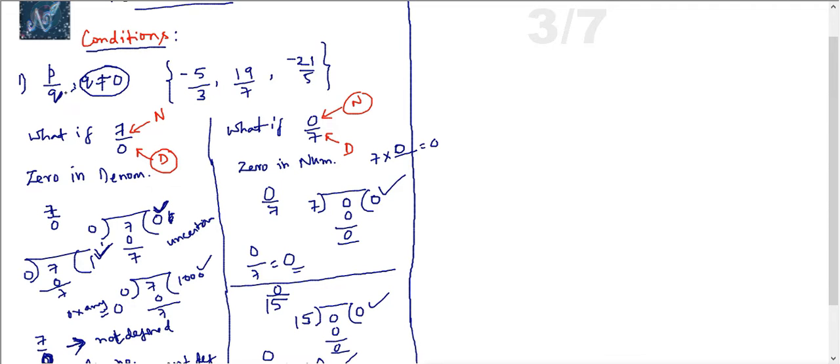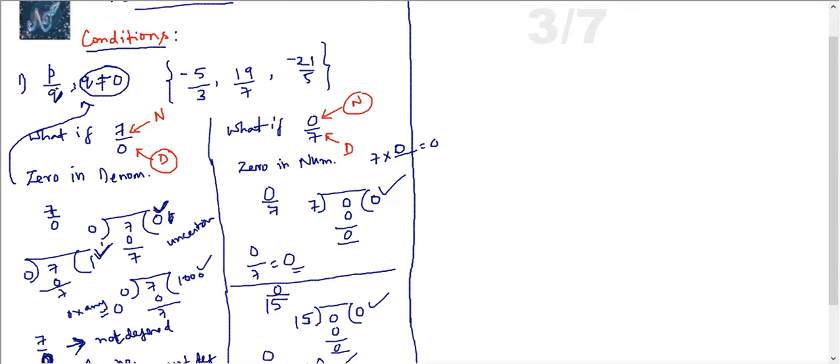If my denominator is 0, I come into an uncertainty condition where I cannot talk about a rational number. That's the reason q should not be 0. This topic of 0 in the denominator is connected to this one. So if there is a number in the denominator, integers, we defined already p